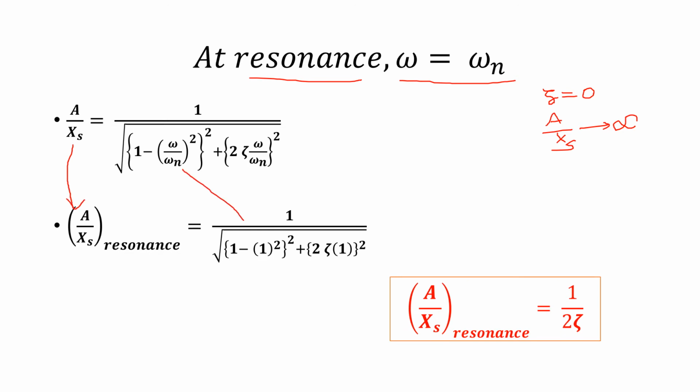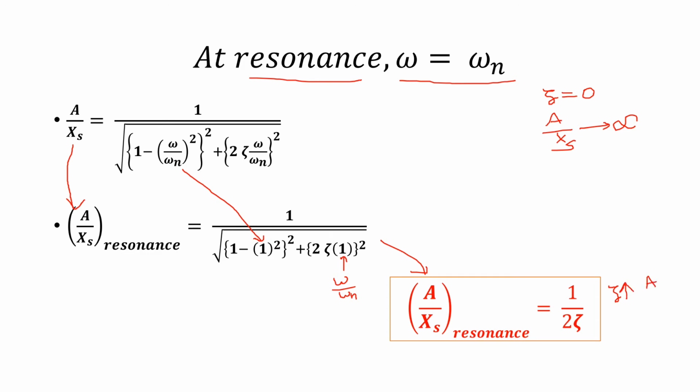We put the omega by omega n value 1 here and 1 here, and when we simplify this relation, A by xs at resonance becomes 1 by 2 zeta,